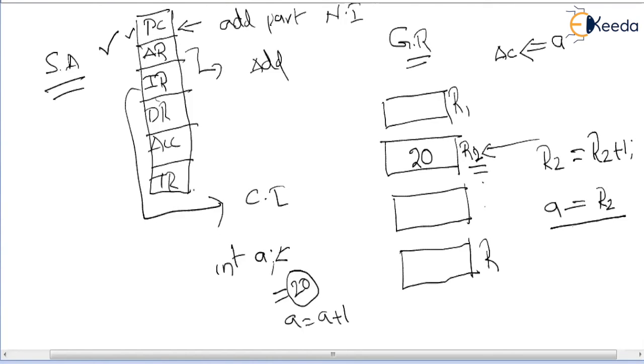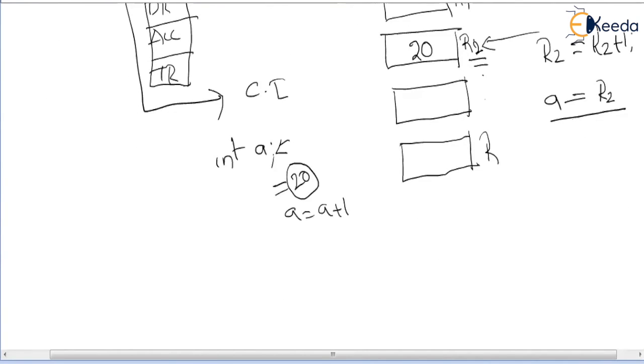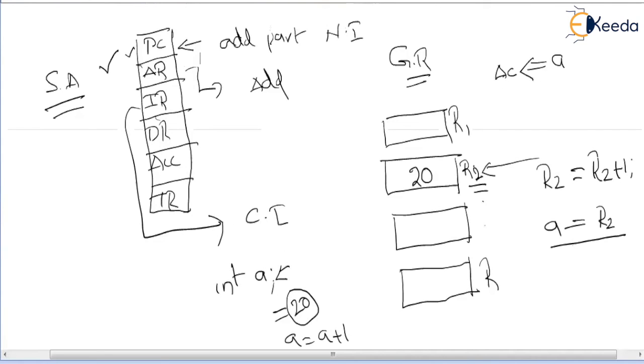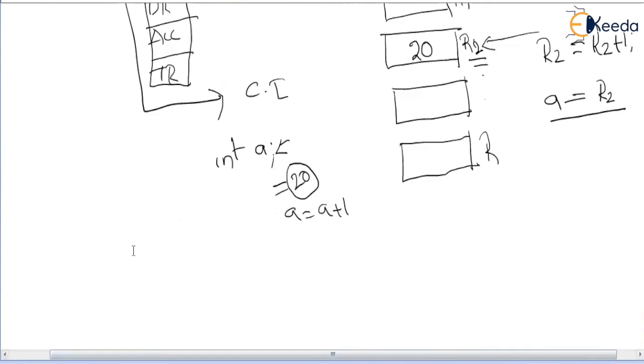So what is the advantage of general register organization over single accumulator organization?